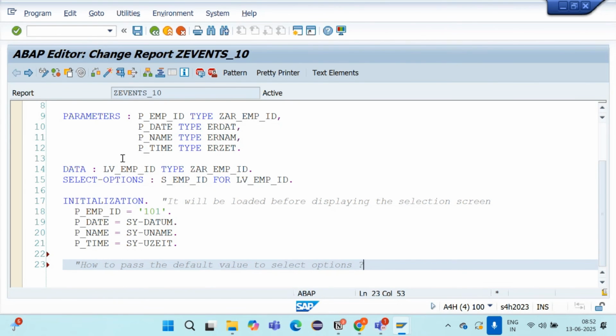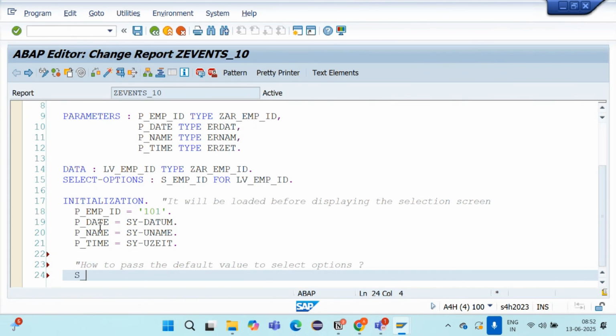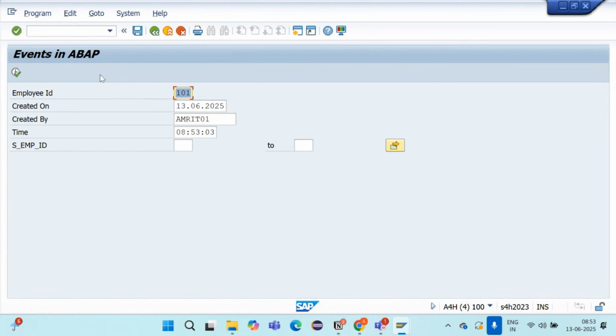The way I pass parameters, how will I pass the value to select options? Can I directly write this as employee ID is equal to some value? Will it be okay? No. There is no error, but nothing we are getting here.